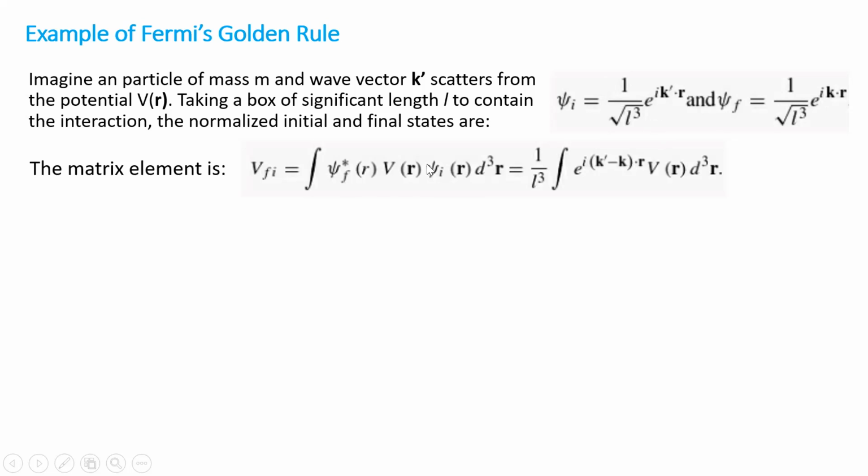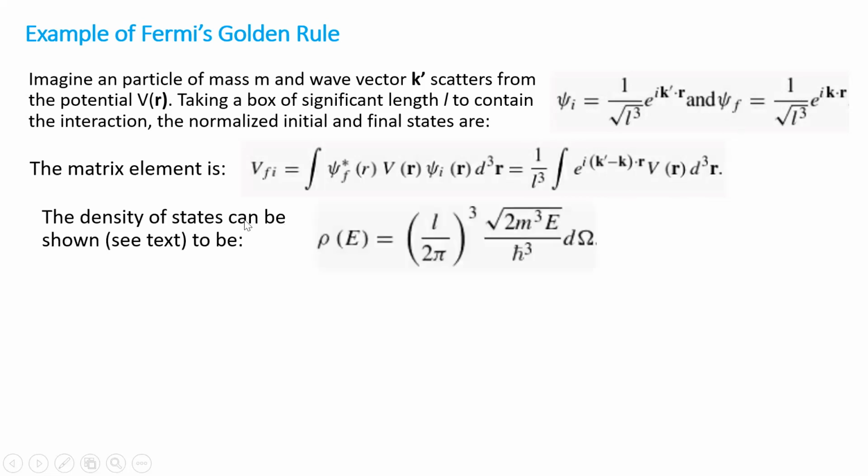Then we have our V of r in there. And the 1 over square root of L cubed, the 1 over square root of L cubed, become a 1 over L cubed out in front. So this is our matrix element for the interaction between the initial and final states, with these wave vectors coming in. The density of states can be shown, and see the text for this because it's about a page of arguments, to be